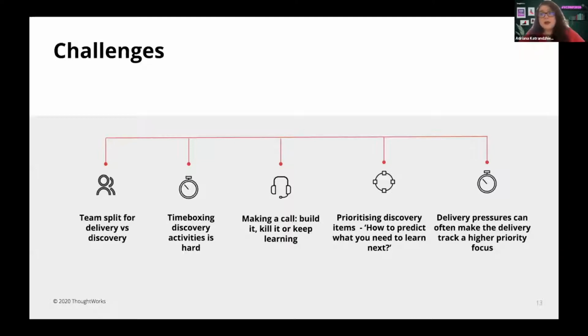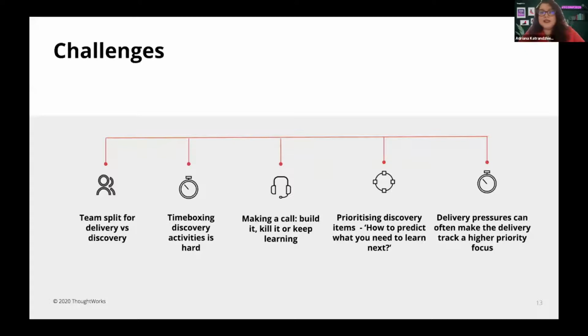So we had an experiment of the week, and at the start of the week, we would take a hypothesis, decide how to prove or disprove it, and then by the end of the week, we would have some sort of output, and then we'd share that. That allowed us to keep the experiments truly low cost and keep activities week by week in the discovery track.